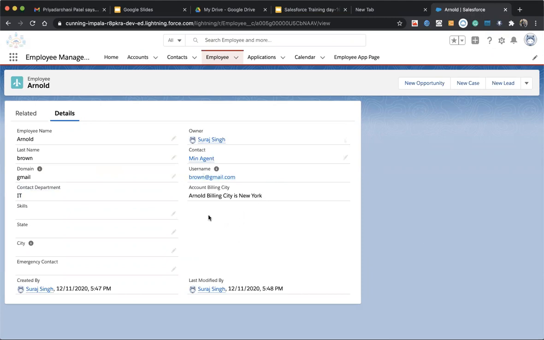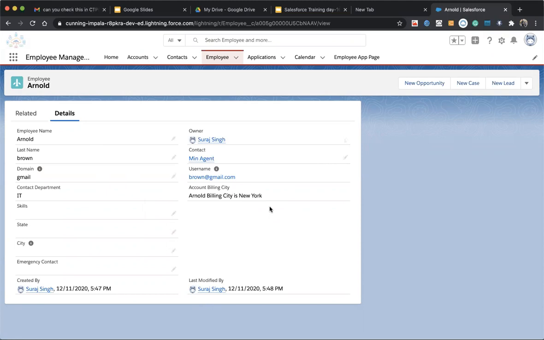So for these kinds of requirements, whenever we have to do calculations, and that calculation is also responsible to make changes afterwards, then we use the field update feature of the workflow. And suppose we also have a requirement that whenever this record is saved, we need to send an email to that user. The system will automatically send an email to the user. That cannot be done from here, it can be done via workflow. We will take the help of a workflow to send an email. That was an automatic process.